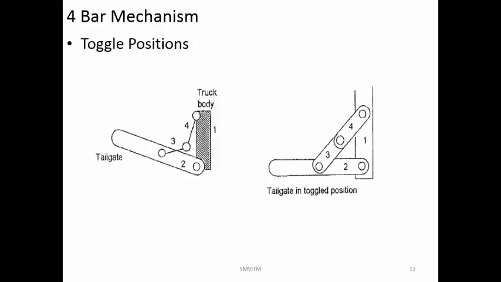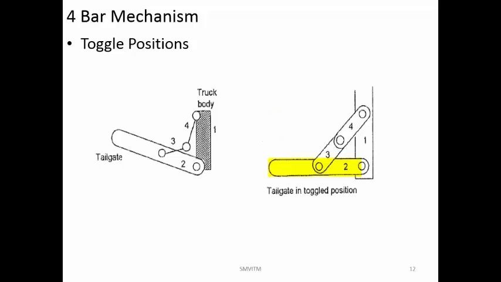Now in the linkages, whenever you are combining linkages, these mechanisms can have something called a toggle position. Now what is this toggle position? A toggle position is that position or that arrangement of the links wherein no movement is possible even though you are applying a lot of force. The example is the tailgate of a lorry, where you are loading the components. You are having some chain or some levers. Once the door is in the horizontal position, even if you are standing on it or applying a lot of load, this door or tailgate is not going to move downwards. It is going to hold its position even though you are applying a lot of force.